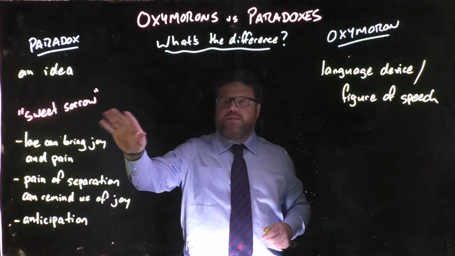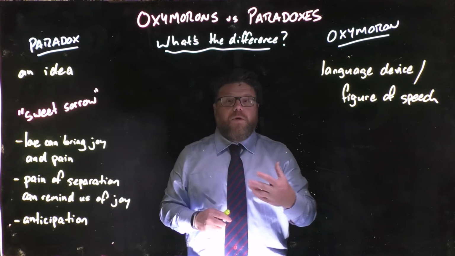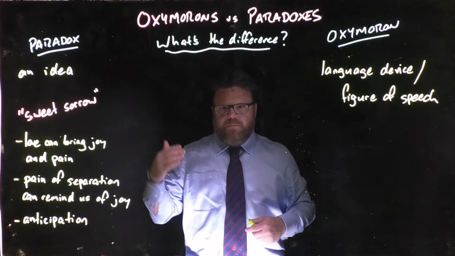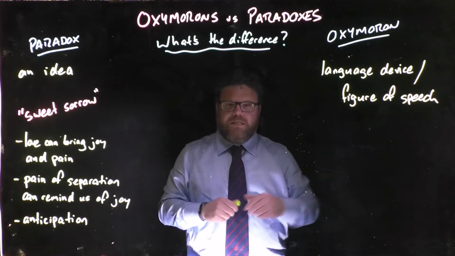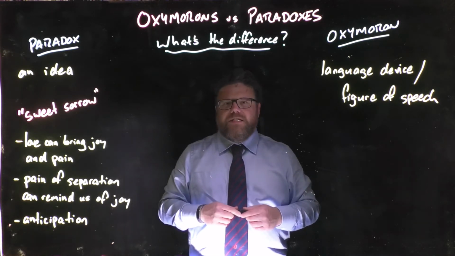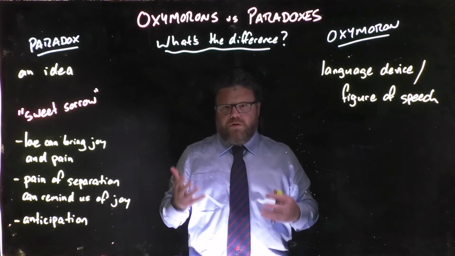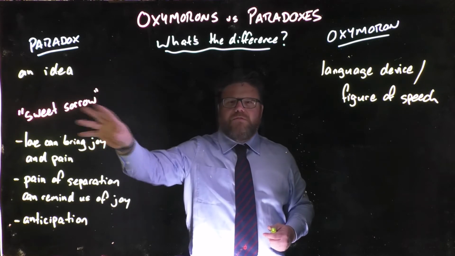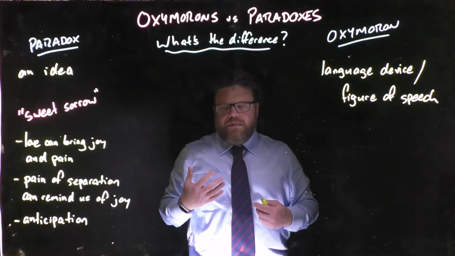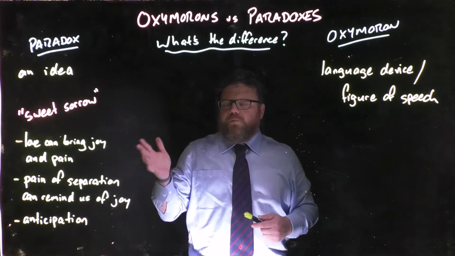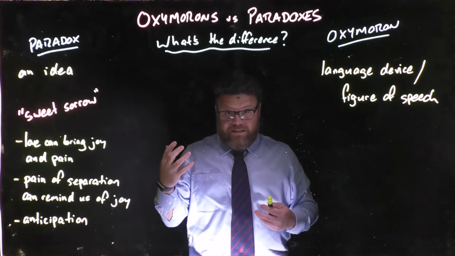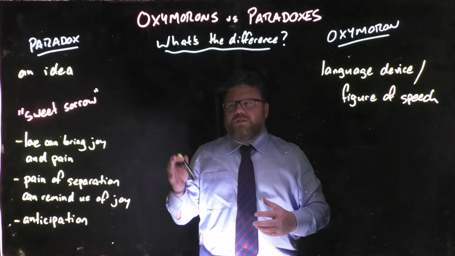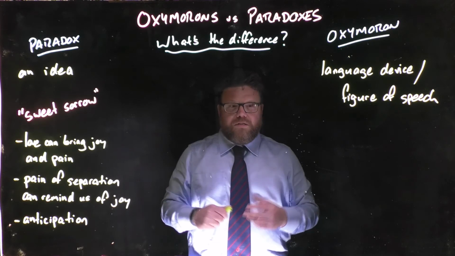This little phrase, sweet sorrow, comes from Romeo and Juliet by Shakespeare, and it's that moment when Juliet is saying goodbye to Romeo as he disappears into the night. And she says, "Parting is such sweet sorrow." These two things seem to contradict each other. When we think of sorrow, as in feeling very sad about something, it would be more appropriate to talk about that as a bitter thing, not a sweet thing. Bitter is the opposite of sweet. So, what does she mean by saying parting is such sweet sorrow?